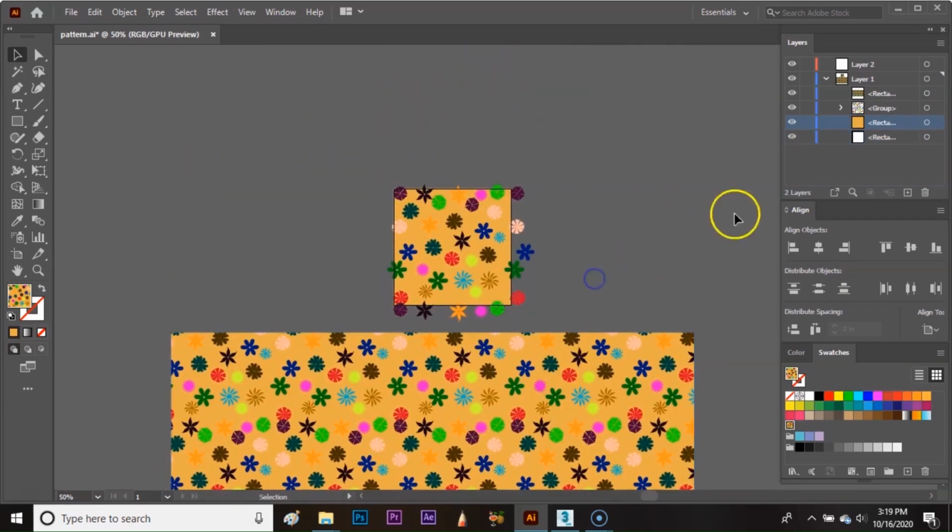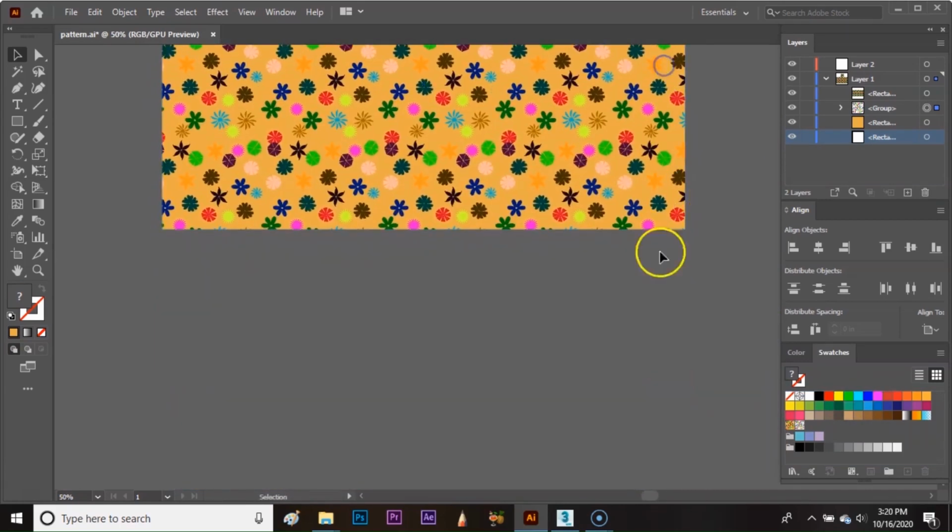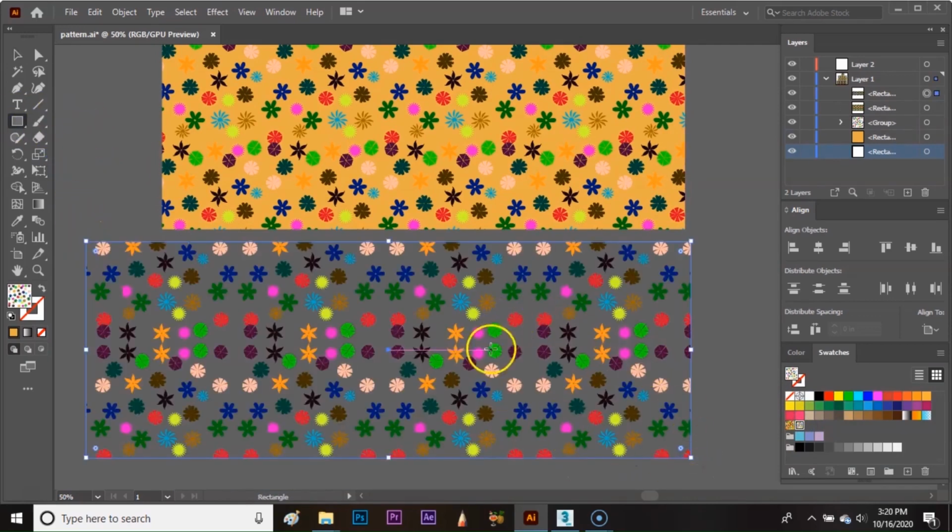Now just select the transparent background from the layer and then select the pattern. Remember not to select the fill color background. Now just drag them again to swatches. Now again let's see how our pattern looks. I am going to select the pattern swatch and then make a rectangle, or any shape you can make, like this.